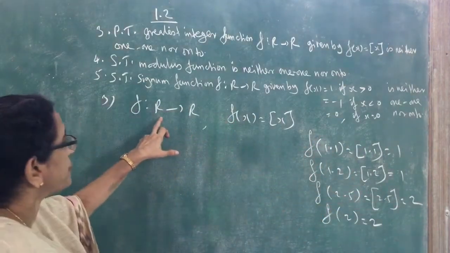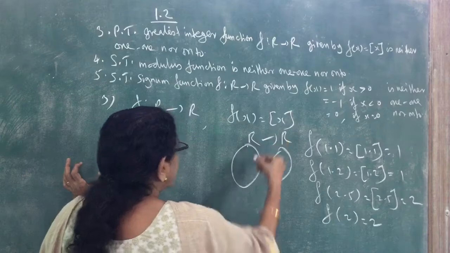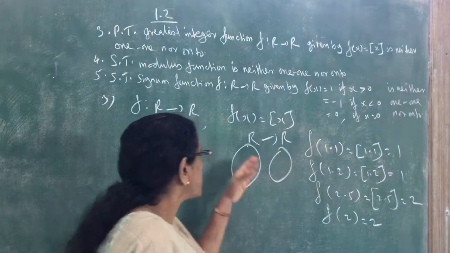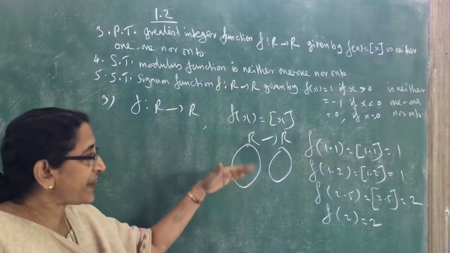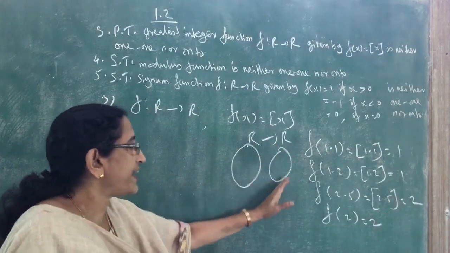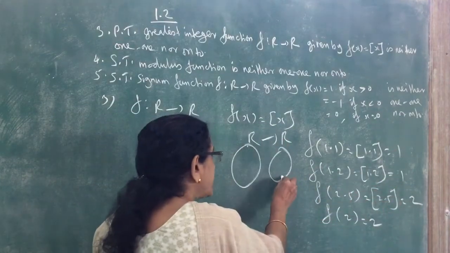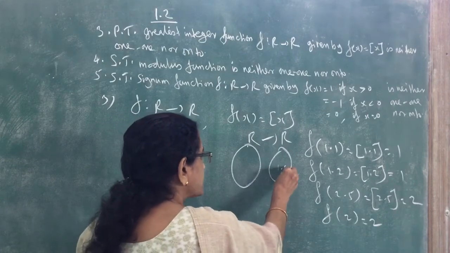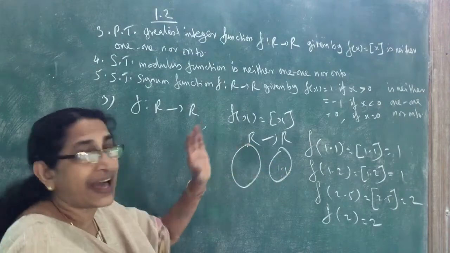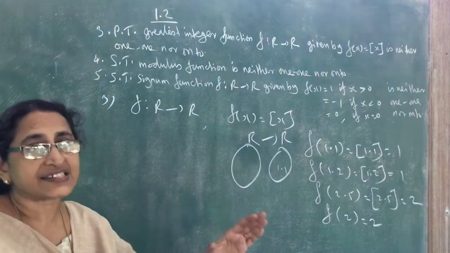So here this is a function from R to R. So domain R and codomain is also R. So here both are sets of real numbers. But here the images, so here there is any real number, when we find the value of the function, we get only integers. So here all real numbers are there, but only integers have the pre-image. So suppose 1.1 here in the codomain. We will not get 1.1. The value of the function is always integers. So only integers have the pre-image.